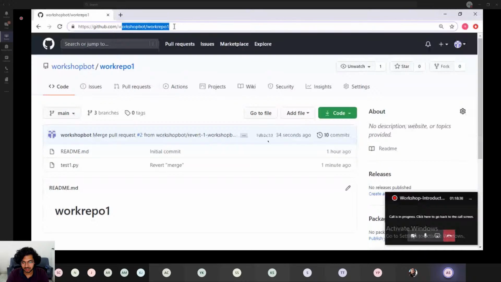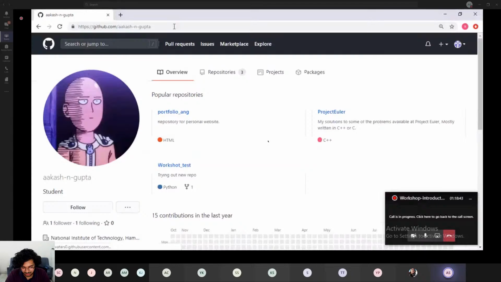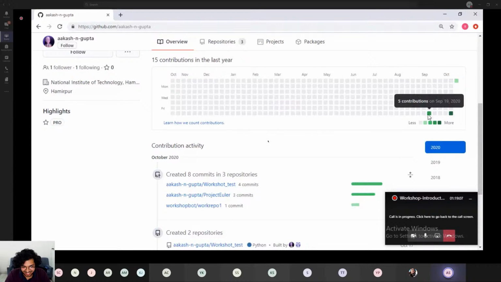I'm gonna go to Akash's profile. When you're working on your own repository, you can directly commit changes and revert back. But what if you want to work on a bigger project of a bigger organization? You want to contribute to it. So I'm on Akash's profile. I'm gonna go to his repository. Also you can see this timeline here. This timeline shows how much you contributed. See, Akash contributed on September 19 with 8 contributions, October 17 and today. I'm gonna go to his repositories and I'm gonna go to project user.